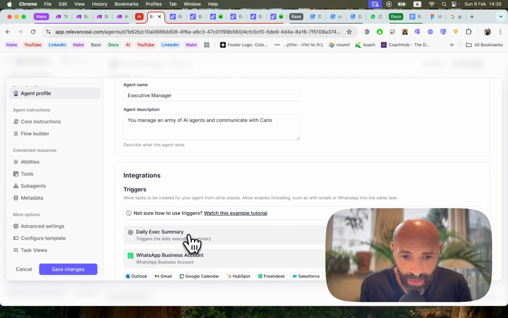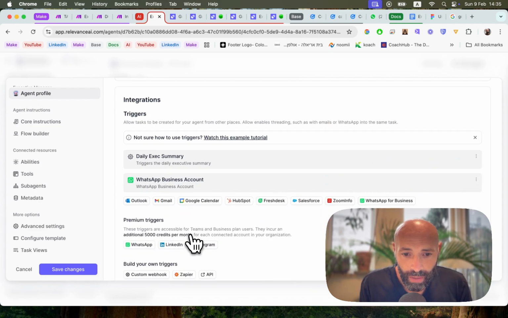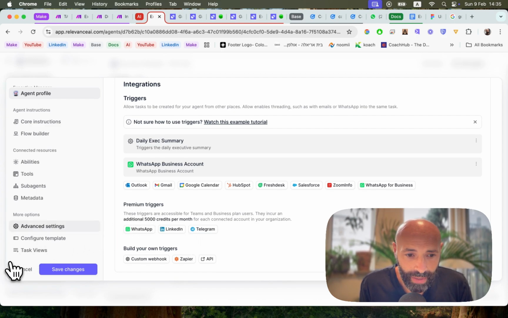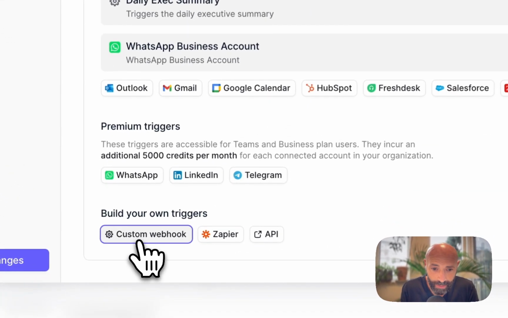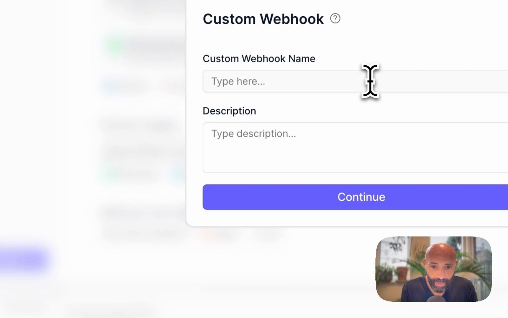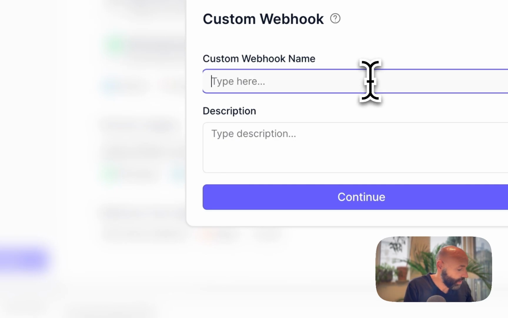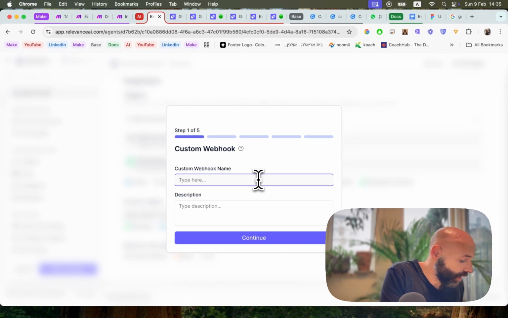And here you see the daily exec summary trigger. So you can trigger an agent by talking to him, to keep things simple, it's going to be him. So you can talk to him via the chat. You can write, hey, please put out my daily executive summary for today, or you can do it automatically via a webhook, a custom webhook. And so if you press on this, you can type whatever, a name. Yeah. So I'm not going to save it, so we can do it exec summary webhook,